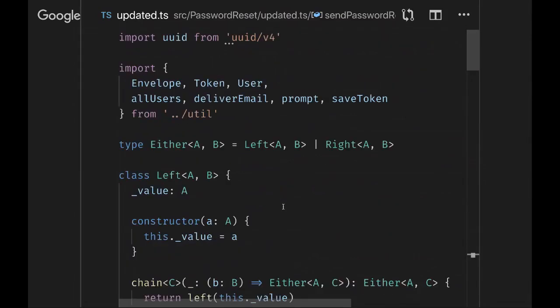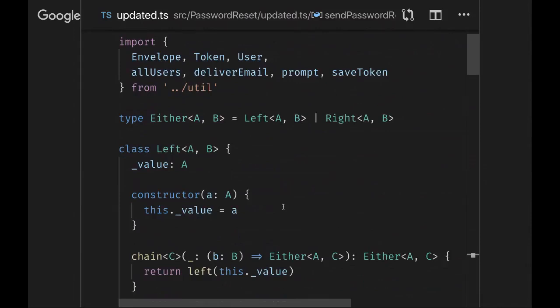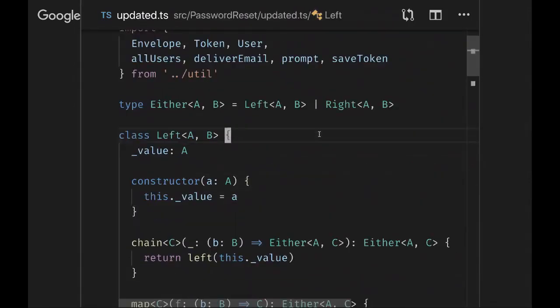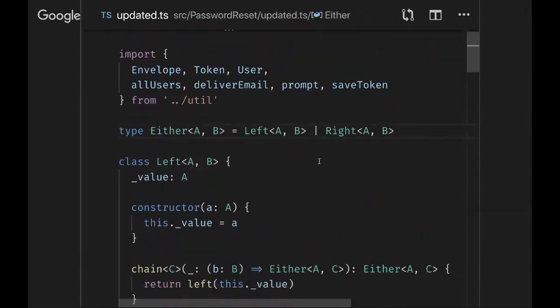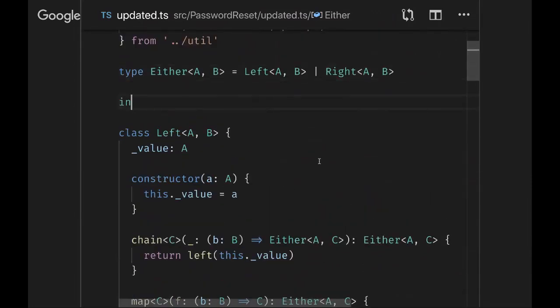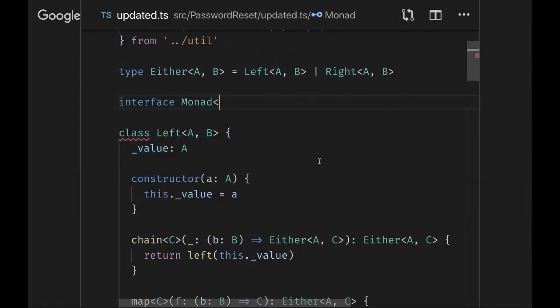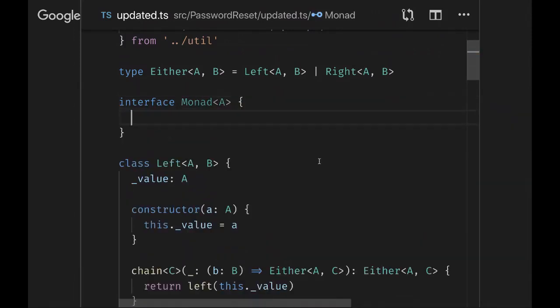There are other ways to model these, like tag unions. I honestly don't know the infrastructure of some of the other libraries and if this is necessarily the way they do it. An interface in TypeScript I have not used here, but you could write an interface for a monad that has to have a chain function that takes a b. I don't think you could do that without higher kinded types. Yes, correct.